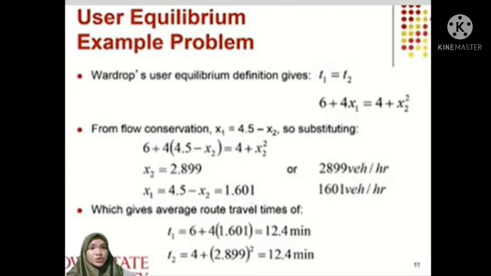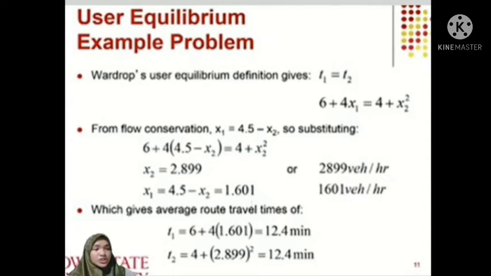Wardrop's user equilibrium definition gives us that if all routes are being utilized, their travel times are equal to one another, which means T sub 1 is equal to T sub 2. So for this equation, which is 6 plus 4x sub 1 is equal to 4 plus x sub 2, i-substitute lang natin ito, which is itong x sub 1 sa 4.5 minus x sub 2. So, ang x sub 2 natin, which is the second route, is mag-equal siya sa 2.899. Tapos, ang x sub 1 naman natin, which is yung first route naman, is mag-equal siya sa